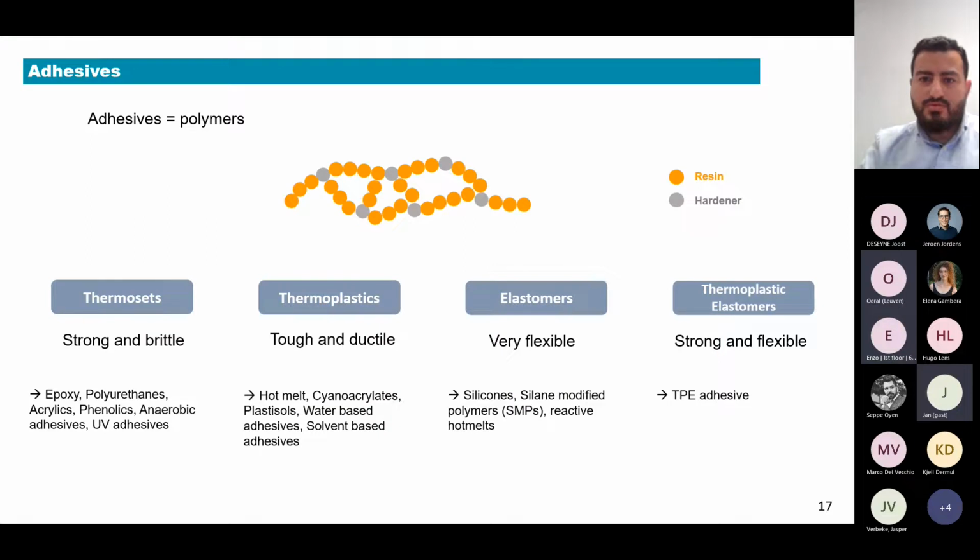So first of all, we have to, of course, talk about adhesives. And adhesives are actually polymers. And these polymers are typically made up of resins and